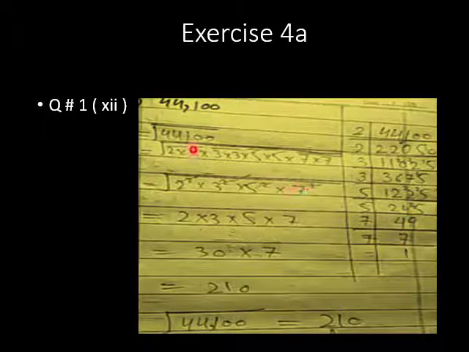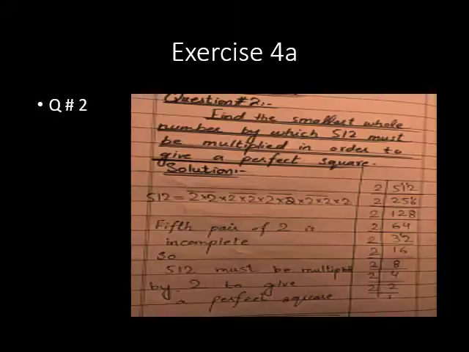So we will write all of these factors: 2 times, 3 times, 2 times 5, 2 times and 7, 2 times under the square root, then form their pairs and write them in the form of powers. Then we will cut their power with the square root, and we will get 2 into 3, 2 into 5, and 7. We will multiply them and get 210. 210 is the square root of 44100.